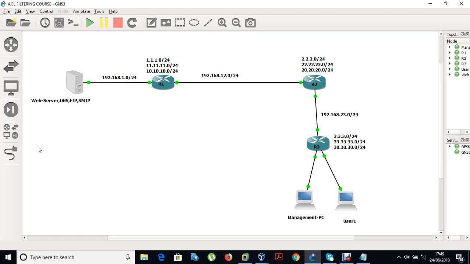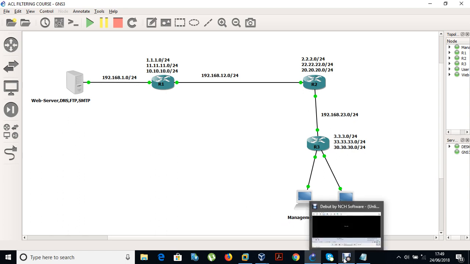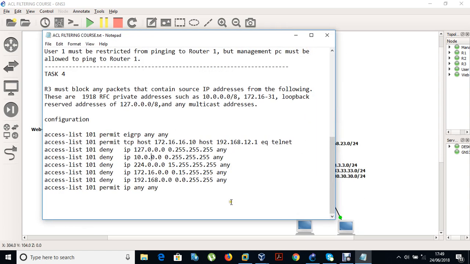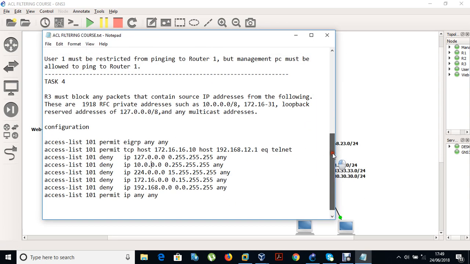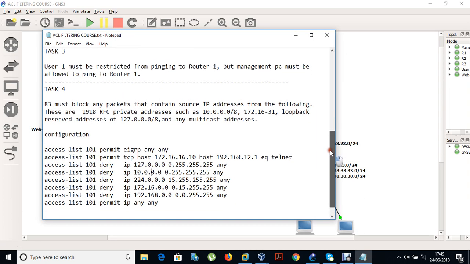I think this will be an intensive video, which has a lot of access lists, and the task says we have to configure a lot, but I will try to break it down as much as I can. Okay, without further delay, this task says R1, R2 in this case, not R1, R3. Okay, R2